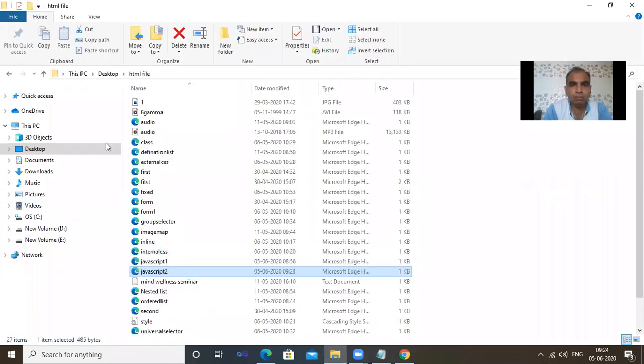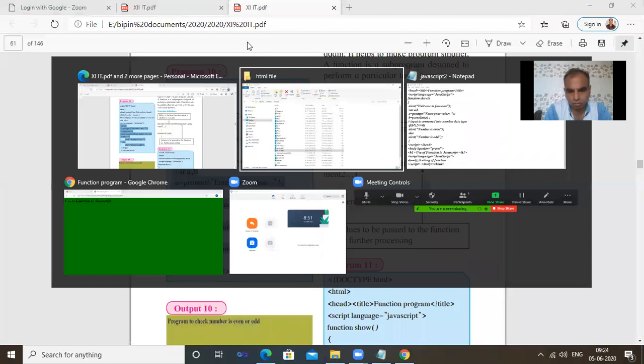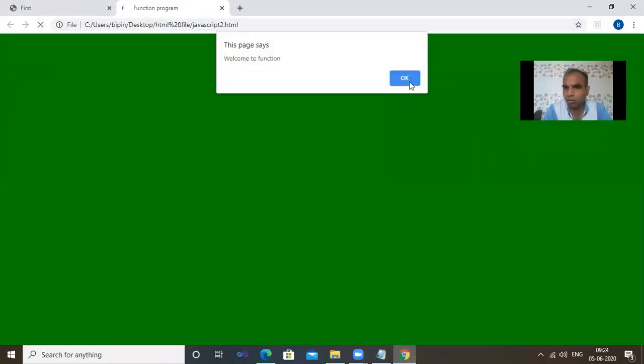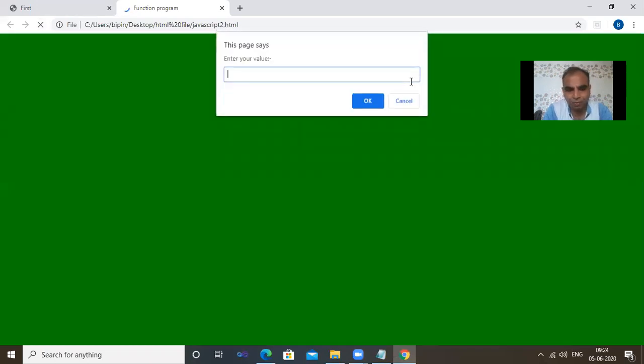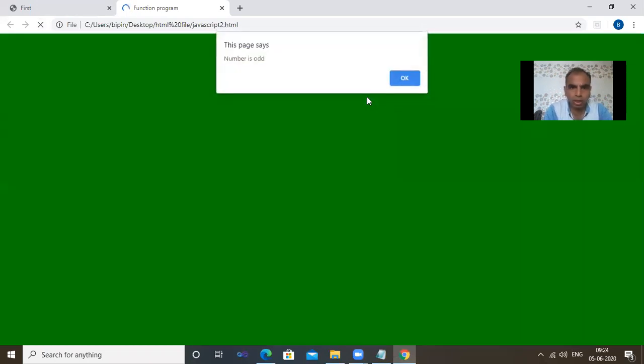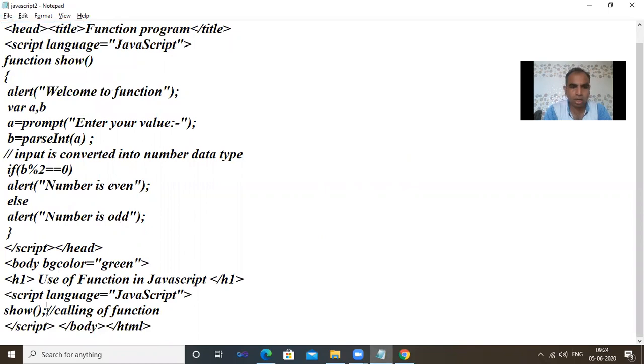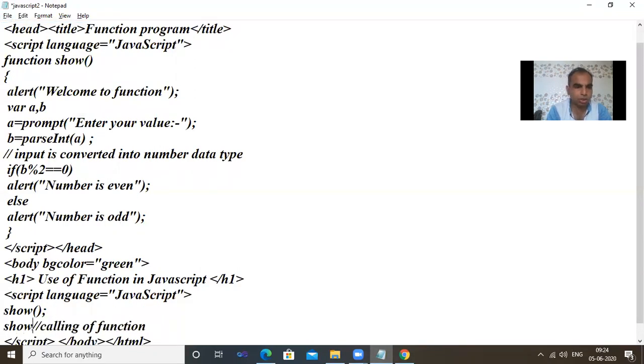Save the file, refresh it. See now, welcome to function. Now they prompt for the value 5. Okay, it is an odd number. Then it stops. If you want to reuse that function, we can call it again and again. Show.